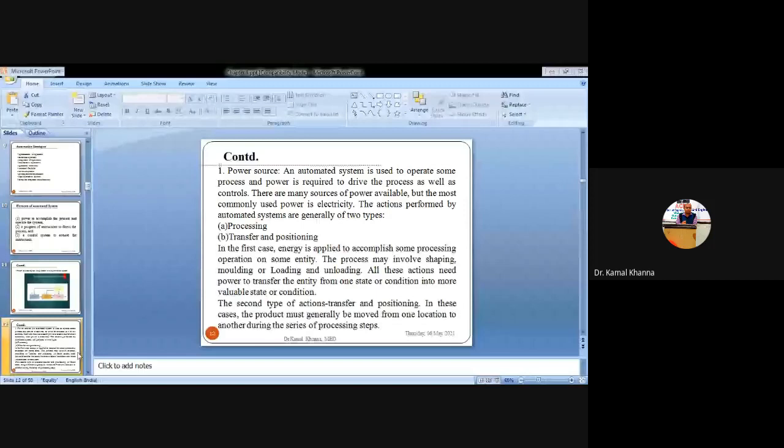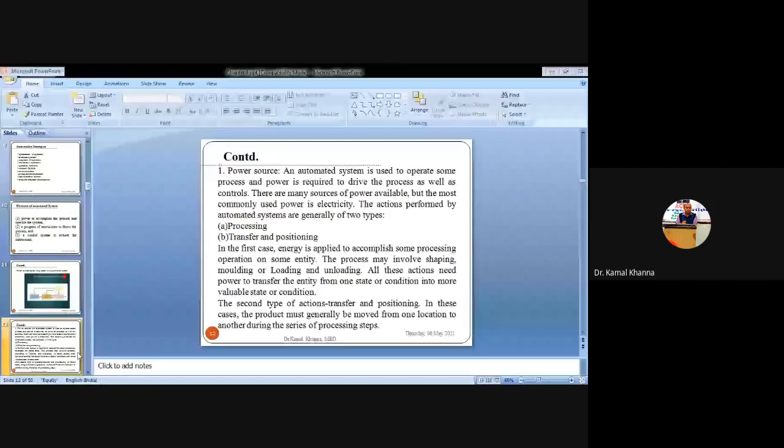We have different types of controls within the machines, like on-off buttons, sensors, and transducers, which provide the feedback system to the user. The main source is the electrical source, or hydraulic power, or pneumatic power, which may be used to actuate the system. So the power source is the first and the most important element of the automated system that is being used to